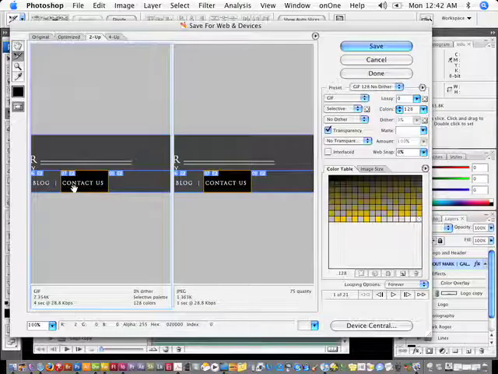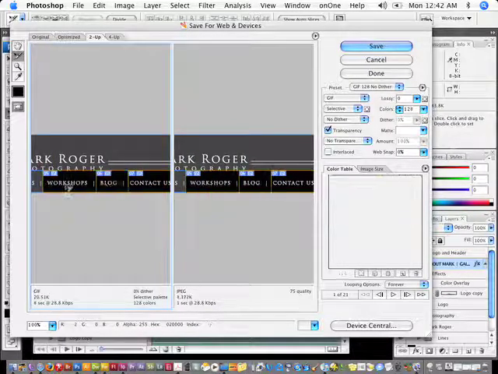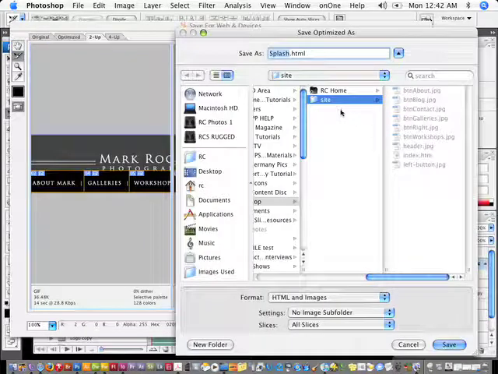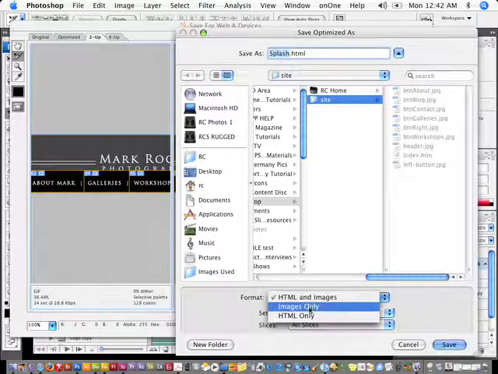So, oops, looks like I just wound up messing that up. I'll go ahead and shift click these guys again, spacebar. So those are at GIF 128 no dither. I'm going to leave them selected, and I'm going to click on Save. Under the Save, this time what I want to do is I want just the images,